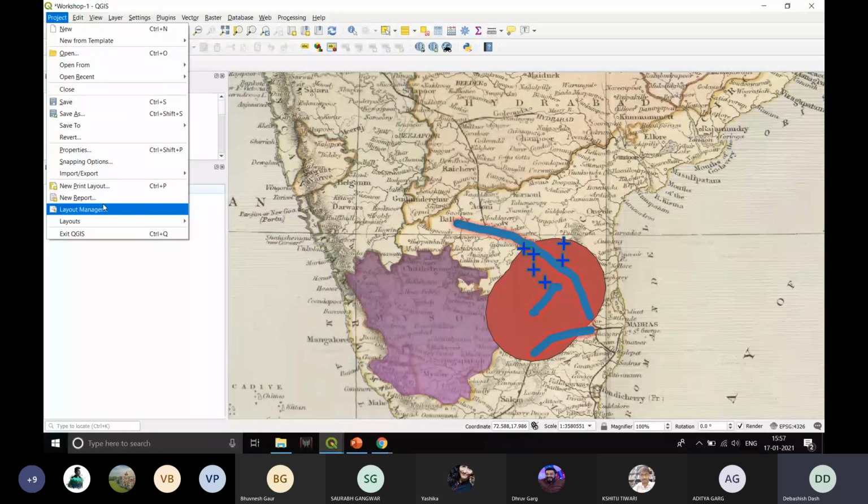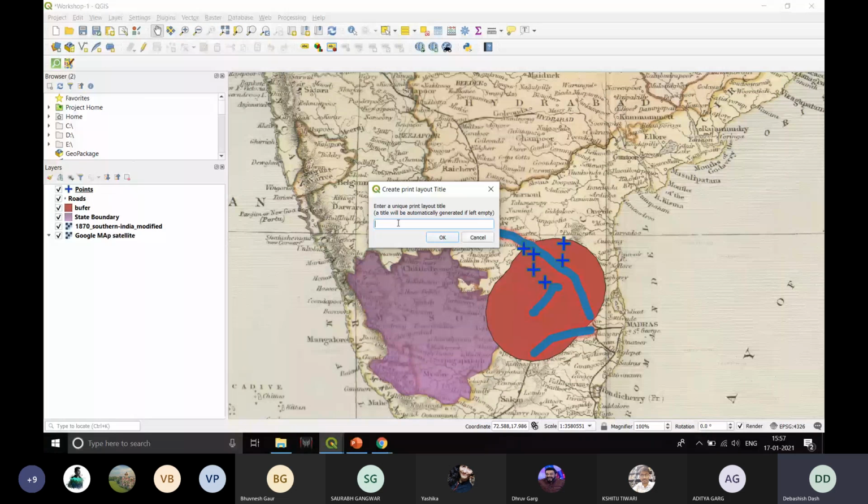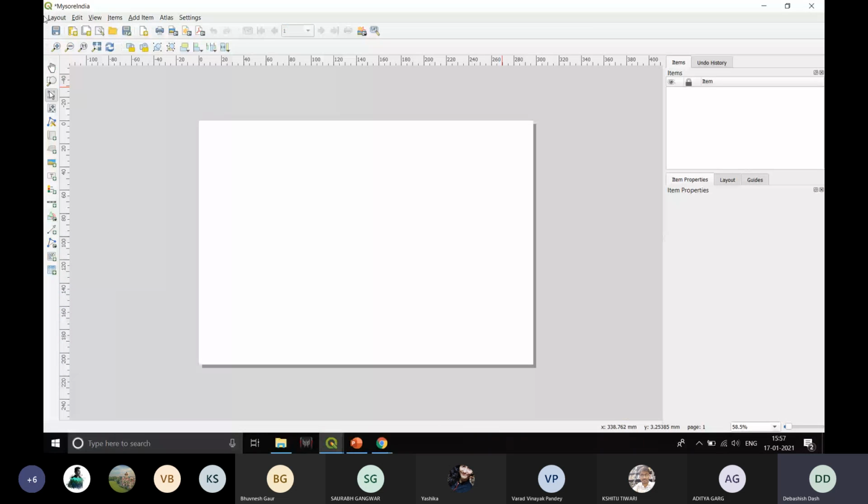So for that I'll go to project, I'll click on new print layout, and it prompts me to feed in a name for my map. So I'll enter, say, Mysore India, and I'll click on OK. Apparently the title already exists. Now what you have to do is you have to